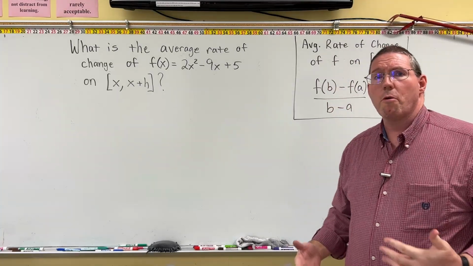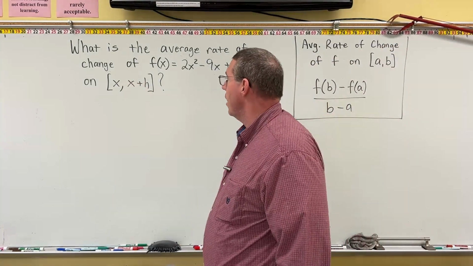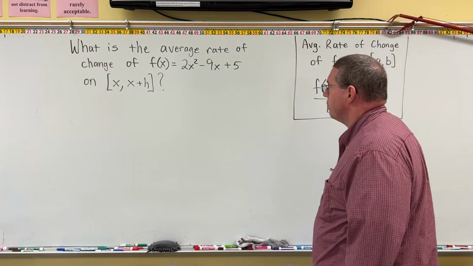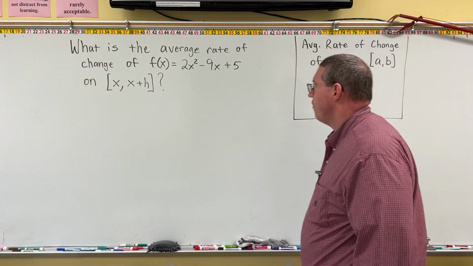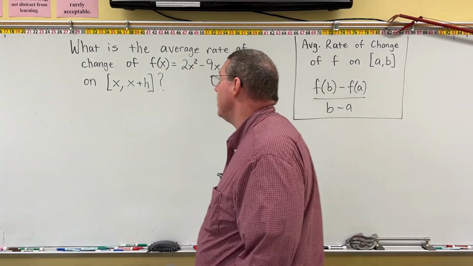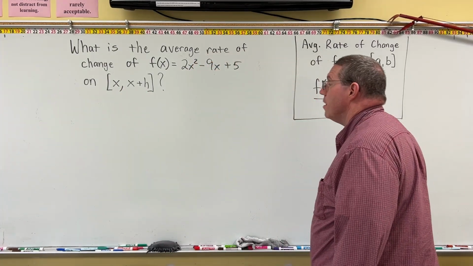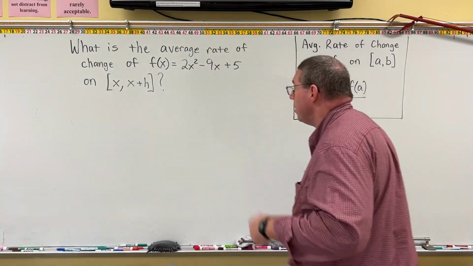All right, so then we throw something weird at you that doesn't even have numbers. It just has letters. It says, what is the average rate of change of this function 2x squared minus 9x plus 5 on the interval from x up to x plus h? Okay. Now, these letters, they're just representing numbers. And so we can plug them in